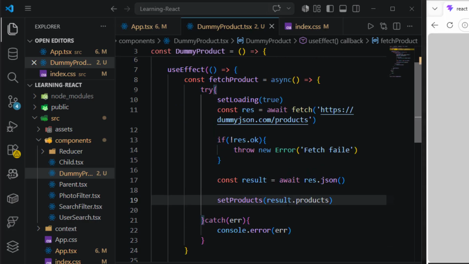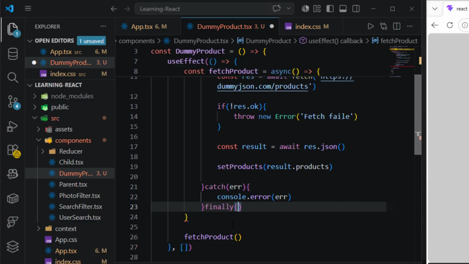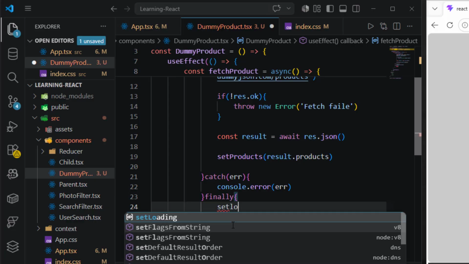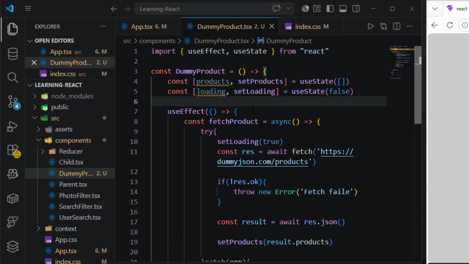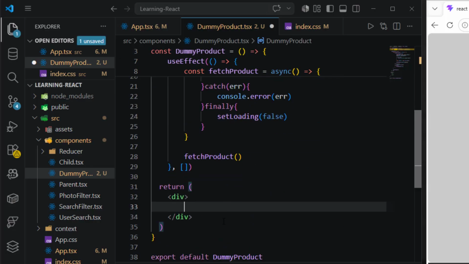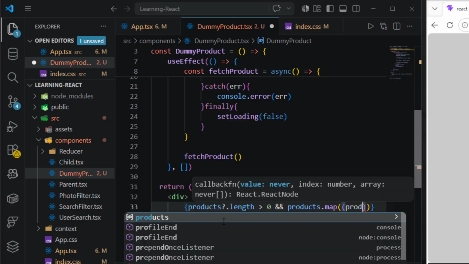Okay, and if an error occurs or even if we succeed, finally we will stop the loading. So we will call setLoading to false. Now we have the product data inside products, so we will use this inside our UI and map it. So we will check if products.length is greater than 0, then just map it